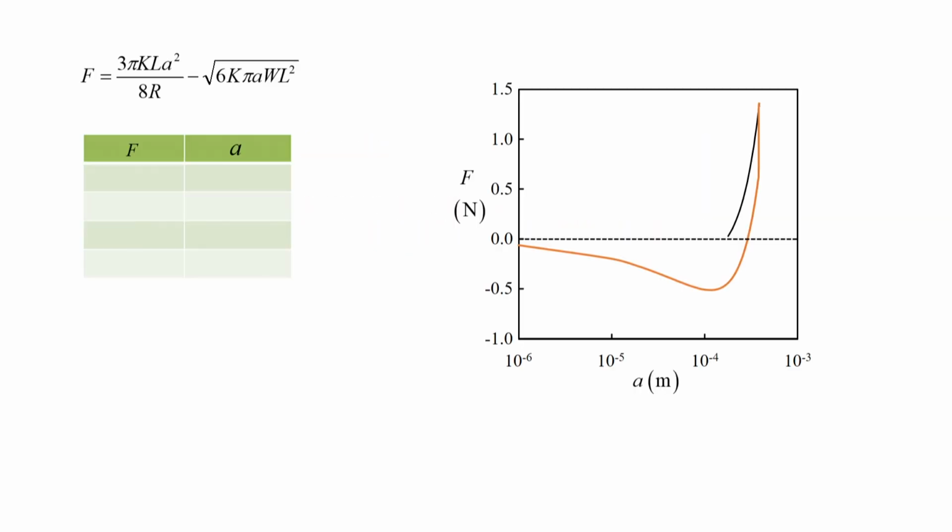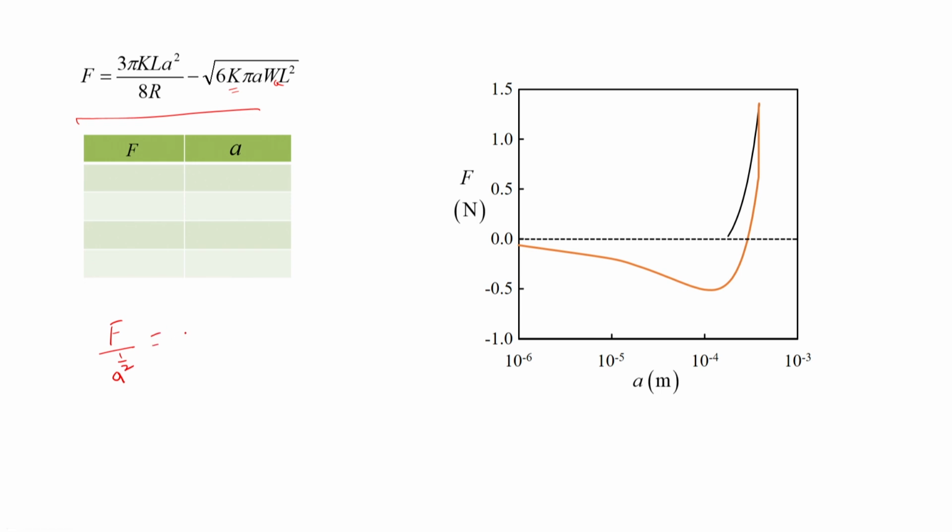For example, over here we have this F versus A data, and from this data, by rearranging this equation, we can obtain both the work of adhesion, that is W here, and the modulus, that is K. So how? That is what I would like to do. I will rearrange this equation. I will write F by square root of A,